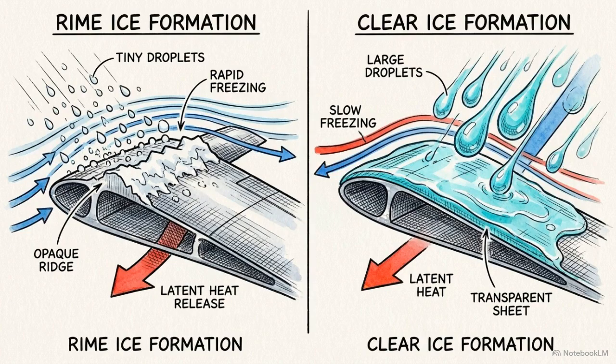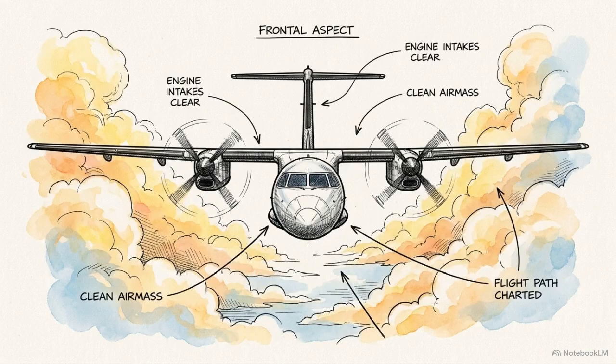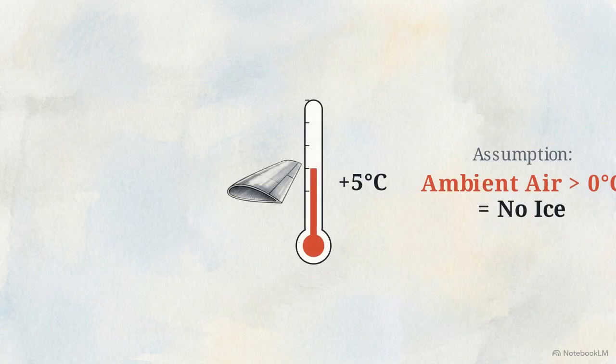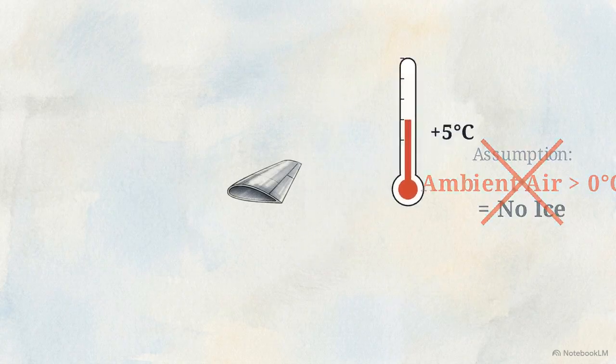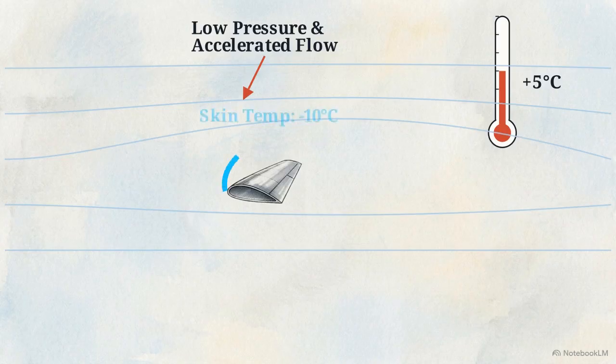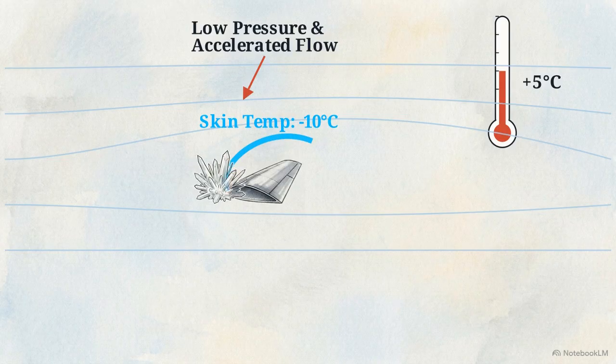of clear ice. So far, we've focused on freezing ambient air masses, but the aircraft itself can generate its own localized thermodynamic traps, creating ice where you'd least expect it. Aerodynamic cooling invalidates the assumption that the surrounding air must be freezing to accumulate ice. As airflow accelerates over the wing, air pressure drops. This expansion rapidly cools the airplane's skin, meaning structural ice can form even when outside ambient air is as warm